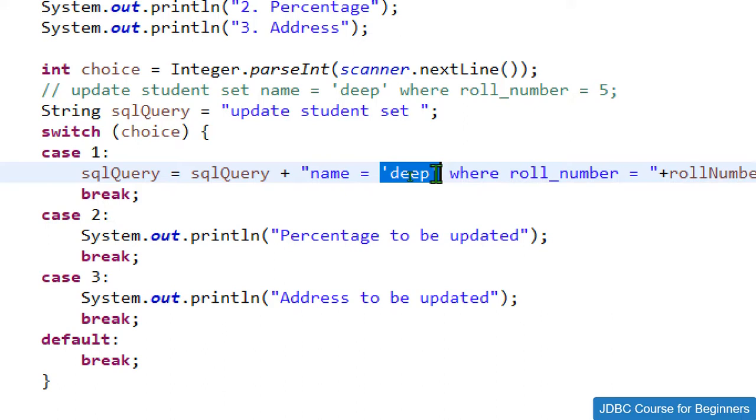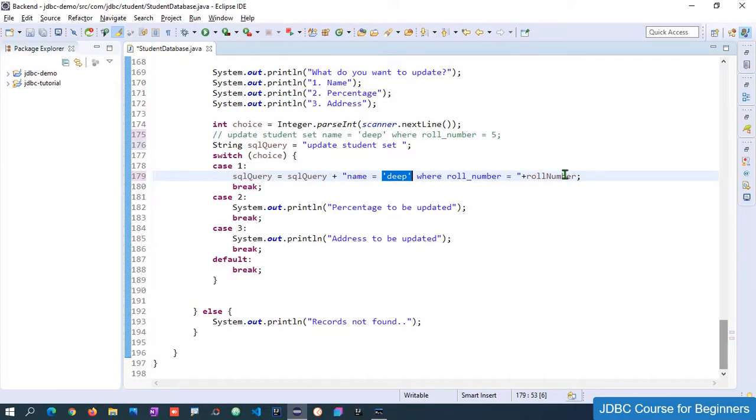So first of all, I like to hard code the values, and once we get the output working with the hard coded values, then only I will add the logic to change the dynamic values. So now over here we are able to create this query. So we just need to fire this query. So how can we do this? We just need to use prepared statement.